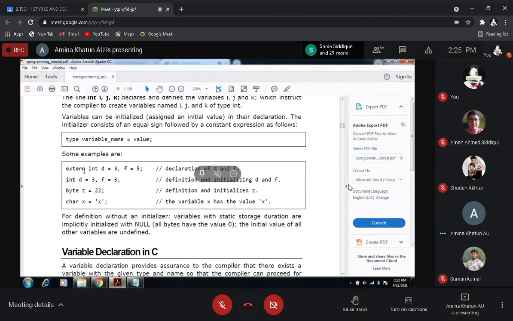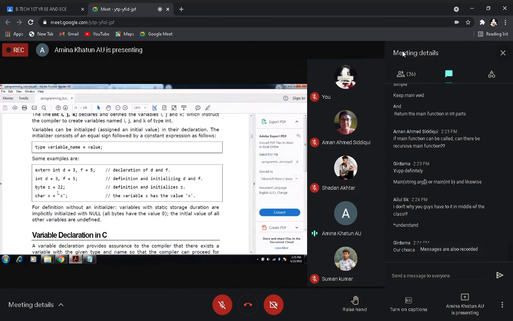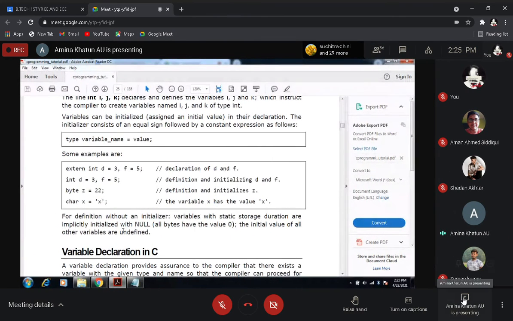Here we have int d equal to 3. Suppose we have taken variables d and a, and we have assigned them values 3 and 5. So we assign that value to that variable. Next, for the integer data type we have given a value. If you put the value of that variable in one line, it is possible, but if you want to do it in separate lines, it is also possible.